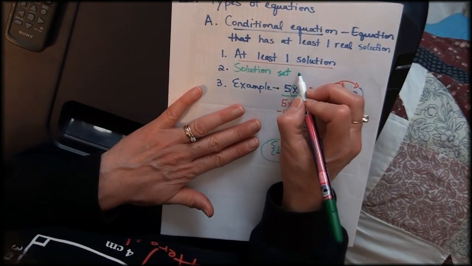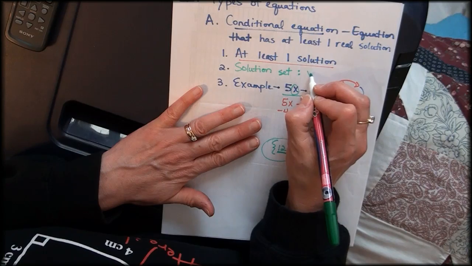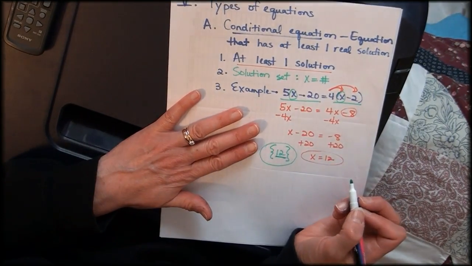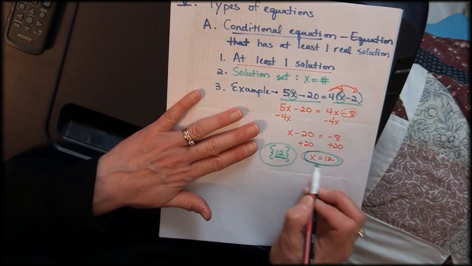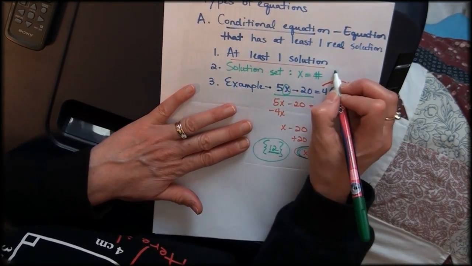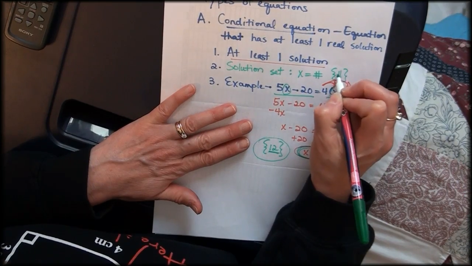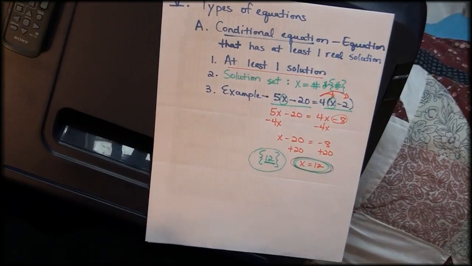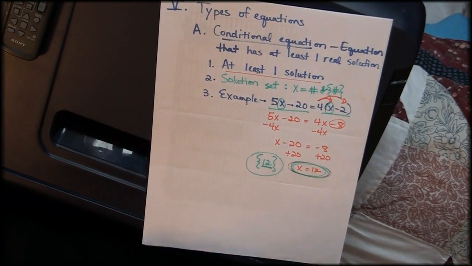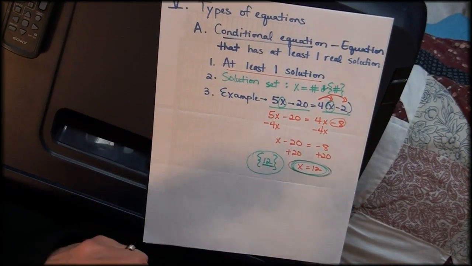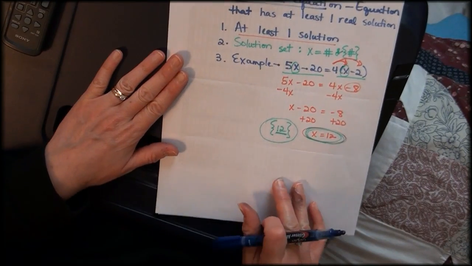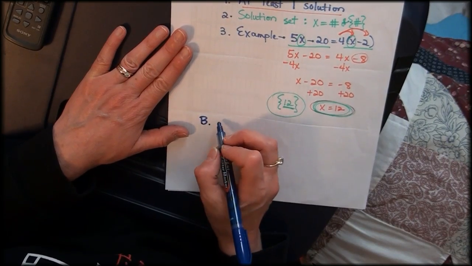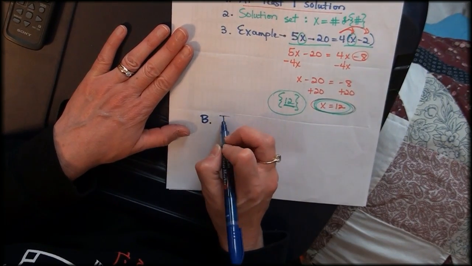So typically what we do though is we write our solution set as this, like our variable equals some number. That's usually what we do. That's the case of what I did right here. But sometimes you'll write your solution set this way, and then you'll put that number inside your solution set. Those are either of the two ways that you'll write your solution set if it's a conditional equation. Now, there are other types of equations. Let's say, for instance, that we have a case where, let's call it an inconsistent,